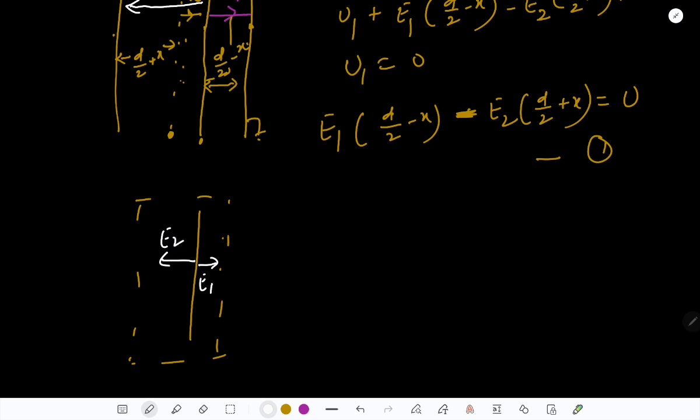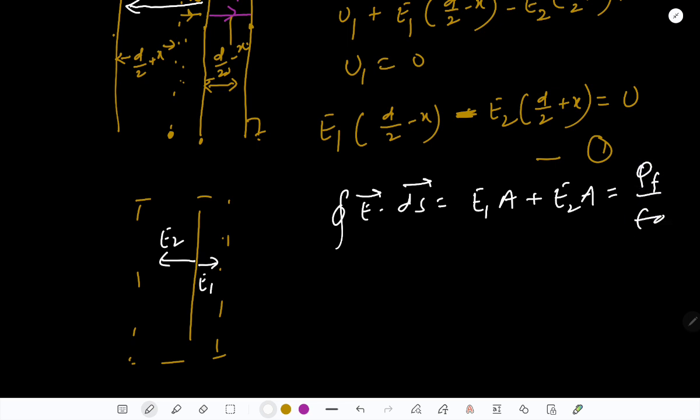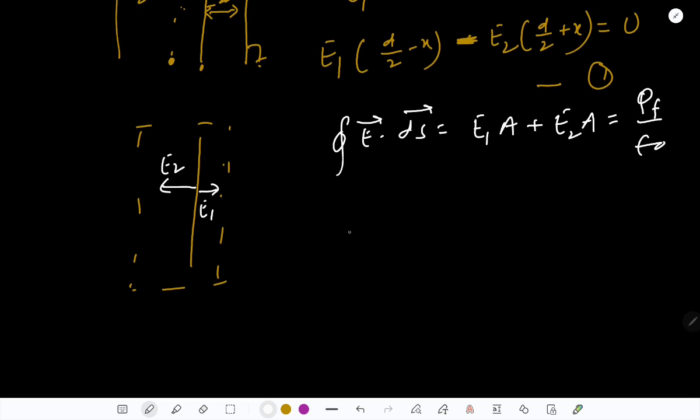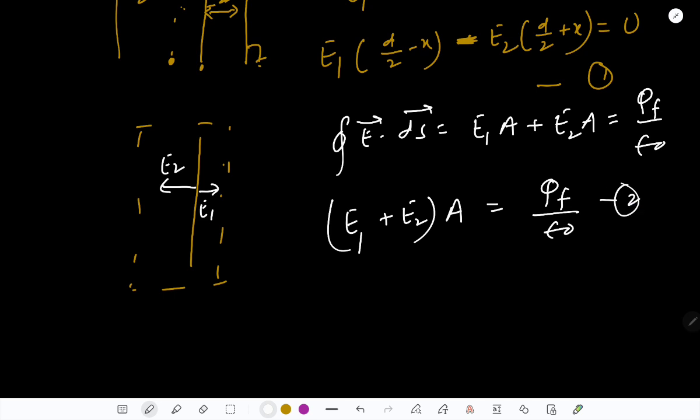So I can write the integral of E dot dS simply as E1 A plus E2 A. Both sides of area is A, and equal to Q net by epsilon naught, that is QF divided by epsilon naught. So I can have another equation like (E1 plus E2) multiplied by A equals QF by epsilon naught. QF is already calculated. This is our equation 2, and